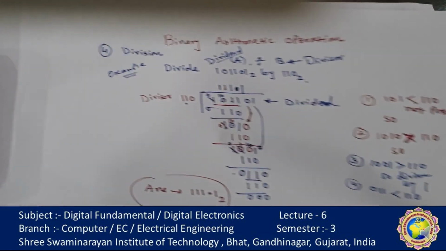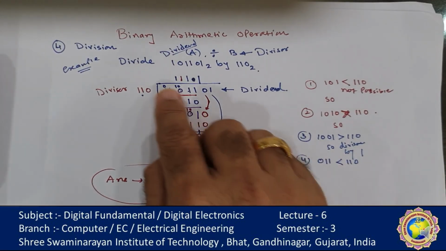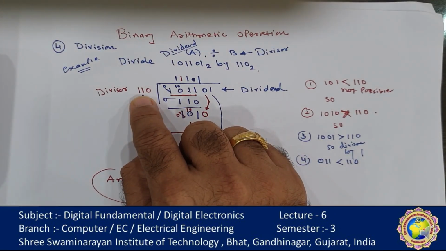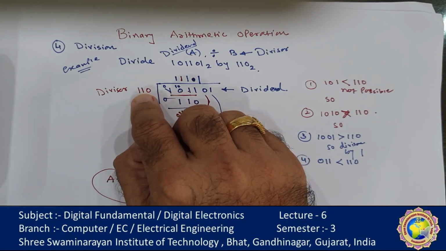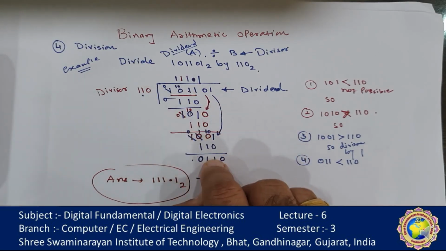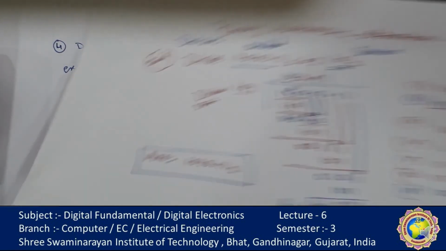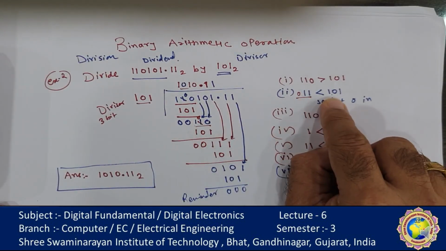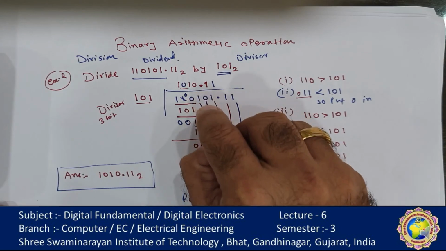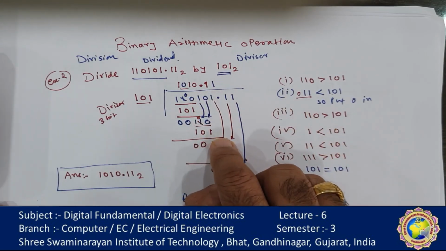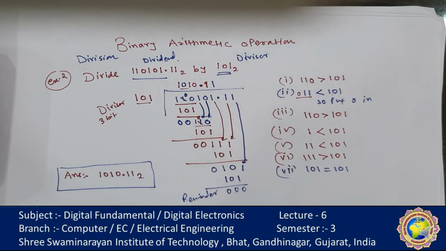And finally we took the division method, where each time the divisor is multiplied and subtracted from this bit combination. But if any number after the subtraction is less than the divisor, then we have to multiply by 0, and we have to take 1 bit from the dividend for the arithmetic operation. So in this way we can find out the arithmetic answer in binary. I hope it is making sense to everybody how we can perform any binary arithmetic operation.